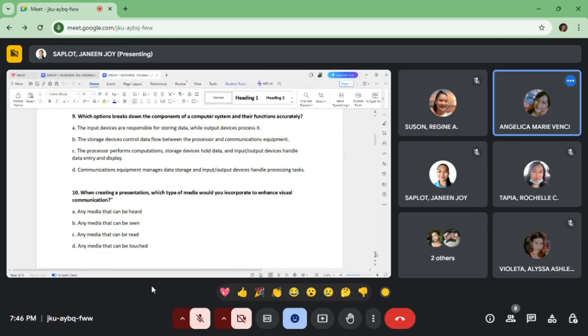Which option breaks down the components of the computer system and their functions accurately? A. Input devices are responsible for storing data, while output devices process it. B. The storage devices control data flow between the processor and communication equipment. C. The processor performs computation, storage devices hold data, and input or output devices handle data entry